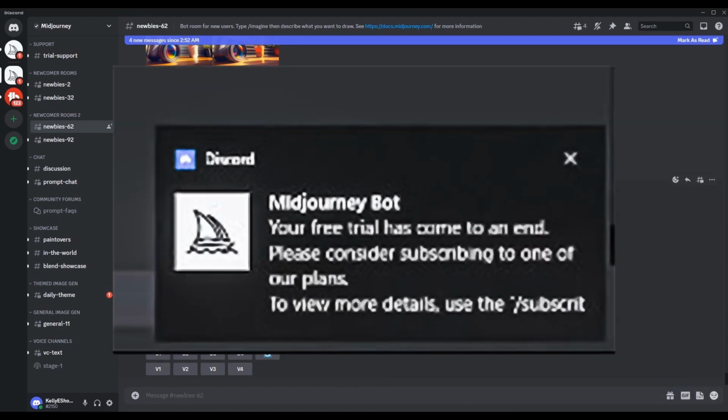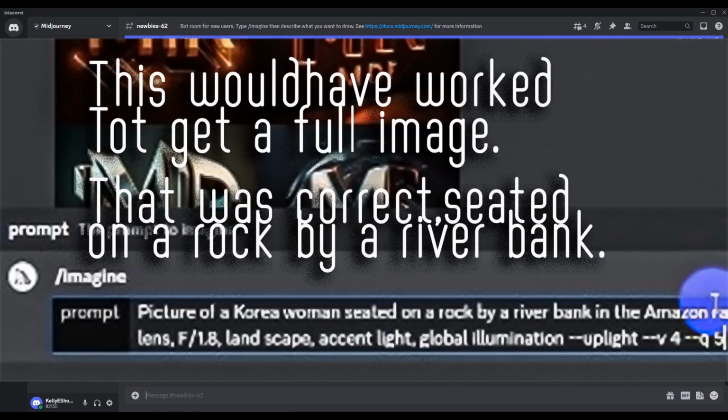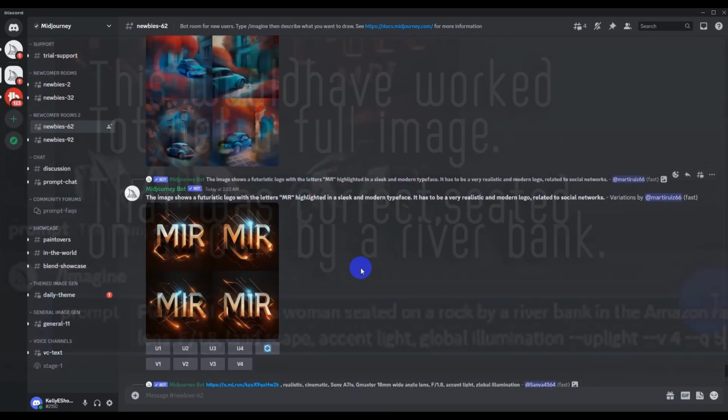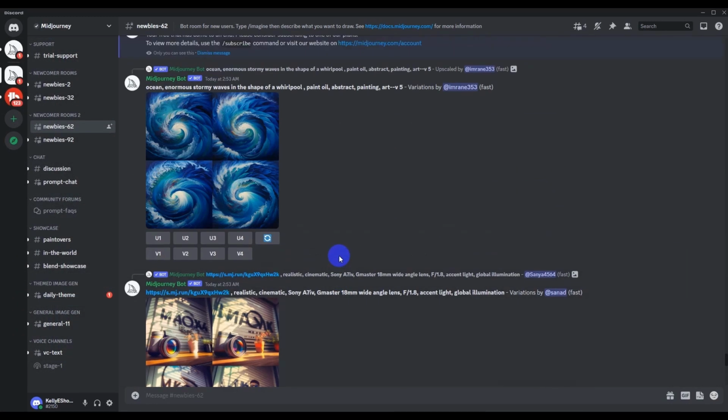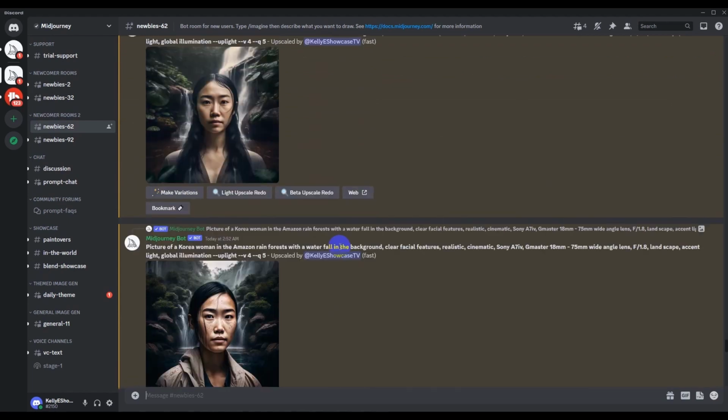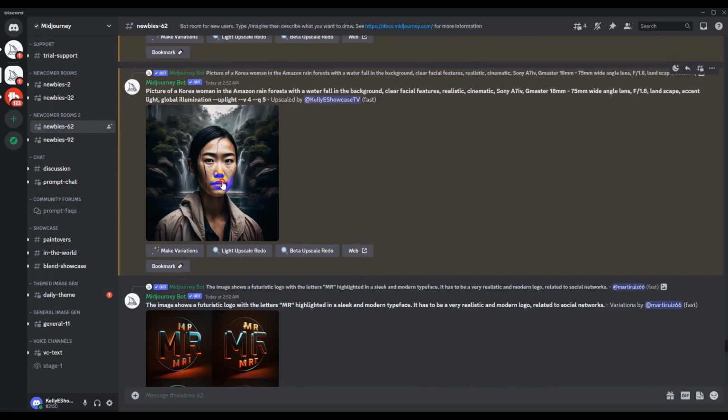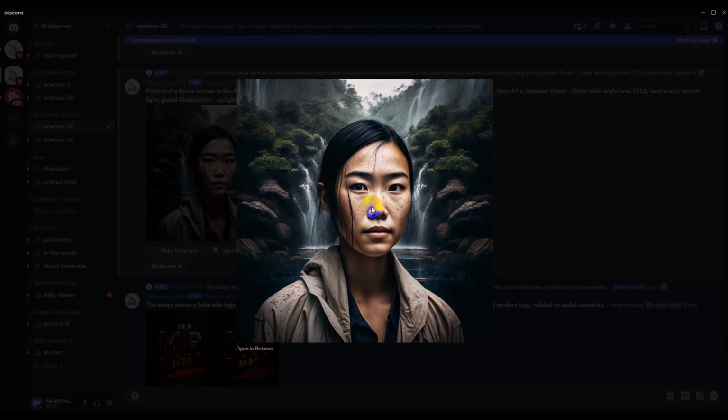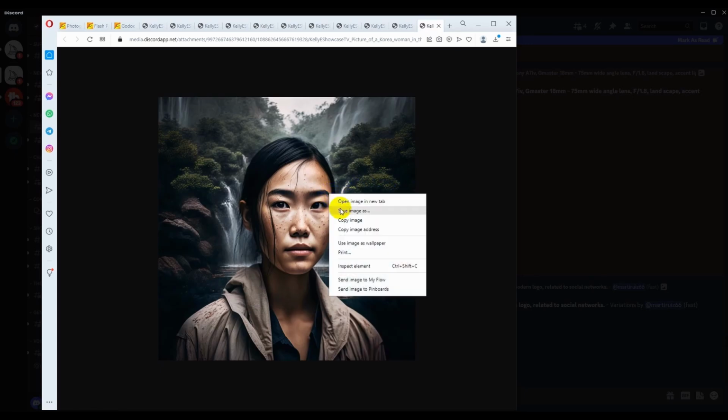Oh no, that's why it's no longer generating. The trial has come to an end. So this was just a trial run. That is why it stopped generating the images that I wanted. Which brings us to this: you have to now be paying $10 per month, then you will be doing 200 images.